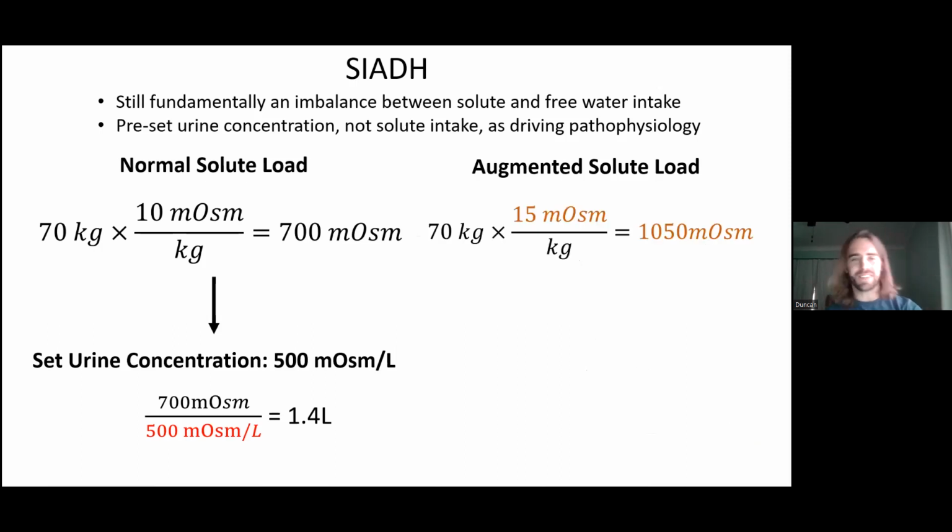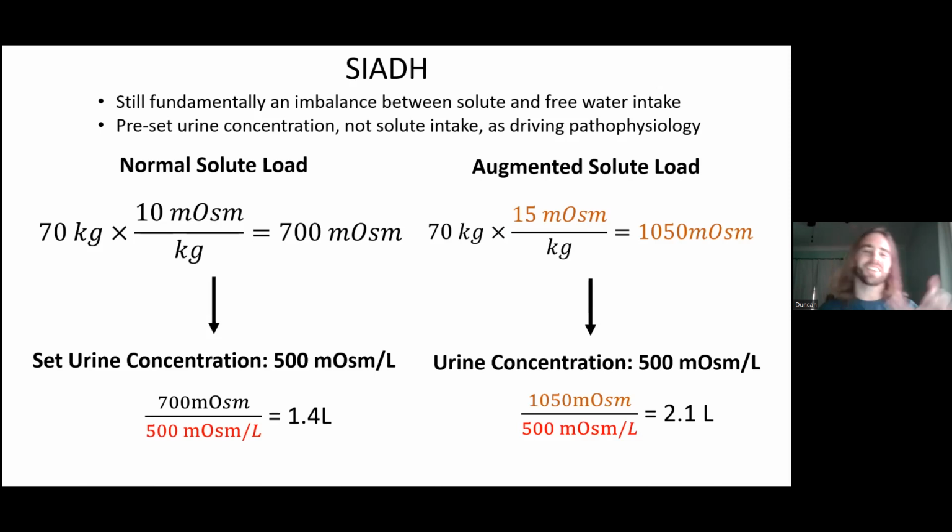So for example, let's say instead of their diet where they only had 10 milliosms per kg, if we add more protein, we add more salt, now all of a sudden we have 15 milliosms per kg that we have to work with. Now, instead of a total daily solute load of 700, just for the math's sake, we have 1050. Even with that set urine concentration, we have now loosened up our fluid restriction, where maybe it's a little bit easier for our patient to handle, because it's very hard to handle a 1.5 liter fluid restriction, but maybe 2 liters is something that's a little bit more doable